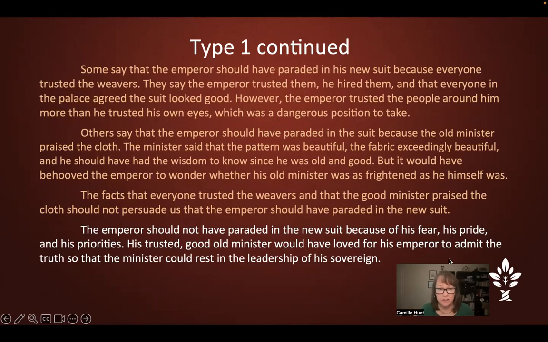And that moves us into the conclusion of the essay, the thesis. The emperor should not have paraded in his new suit. So this is a huge section of the essay. It's really a mini essay, isn't it? It has its own thesis, main reasons, with supports and explanations, and then a conclusion paragraph that we do write as a separate paragraph. When you get to your doctoral thesis, this will be several pages. We're holding its place by making this a separate paragraph.